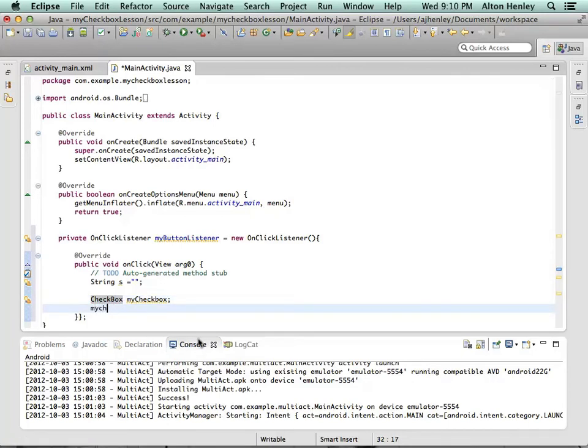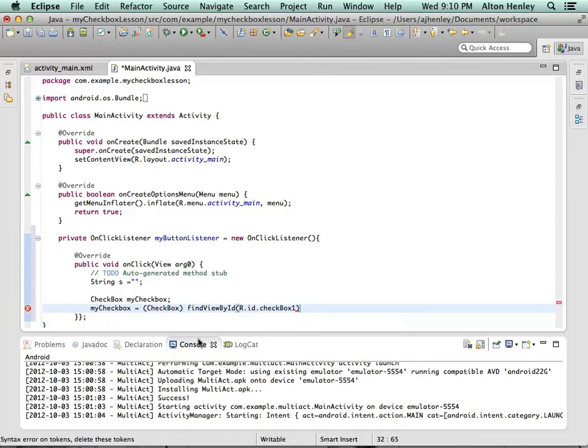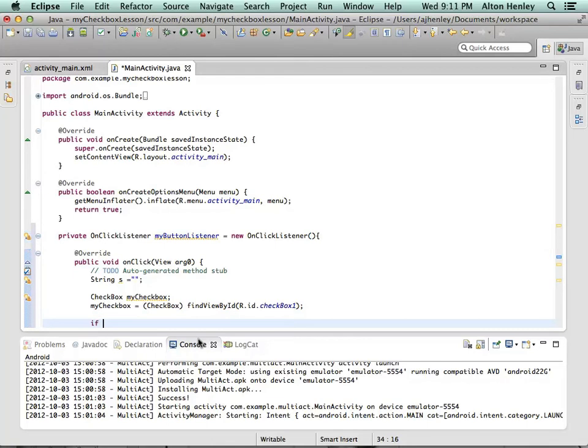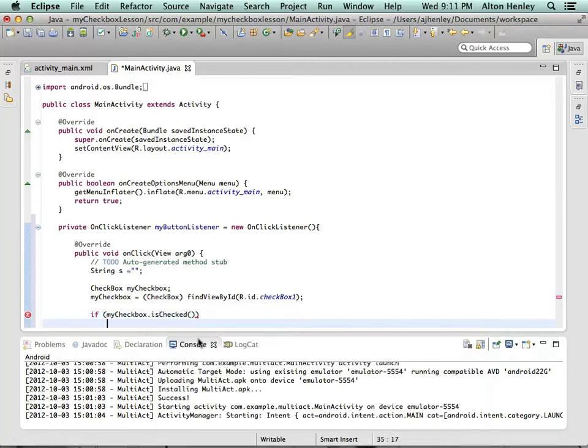Set my checkbox equal to something from the layout. So I'm going to go find view by ID r.id.checkbox1. And then I'm going to ask it a question. I'm going to say, if my checkbox is checked, then